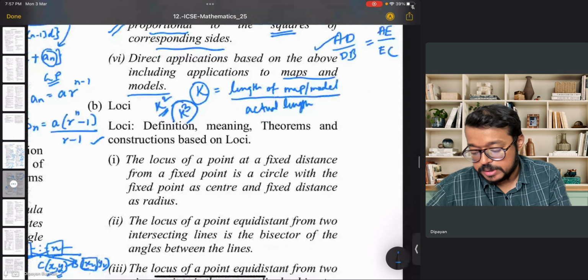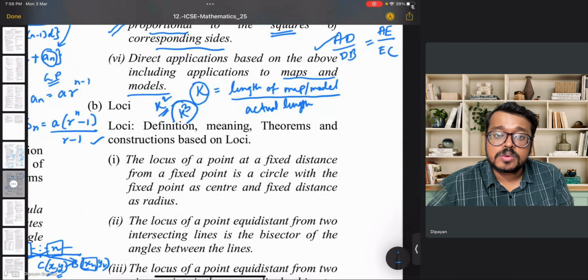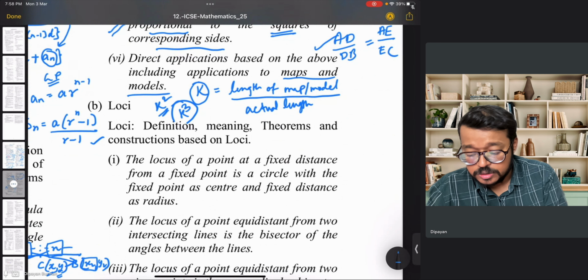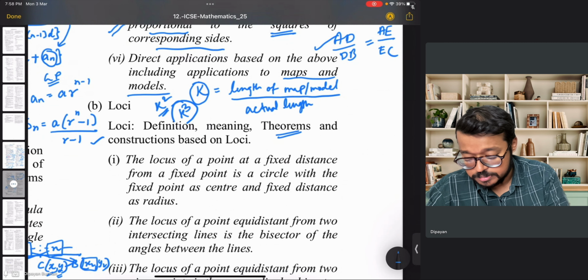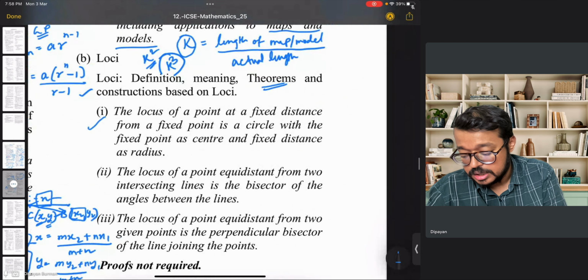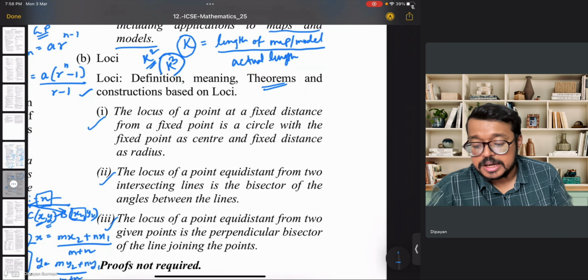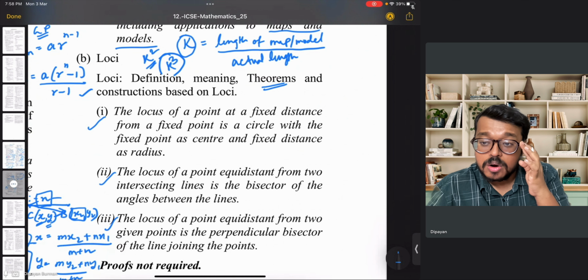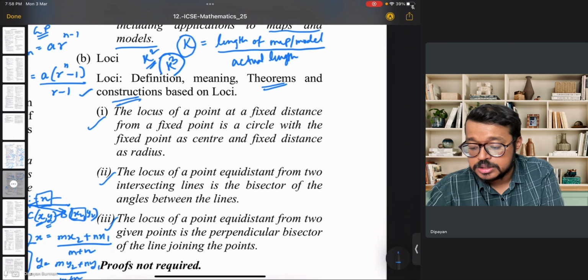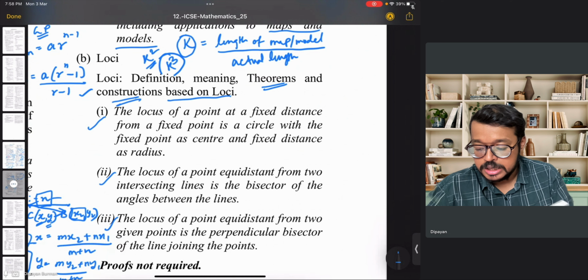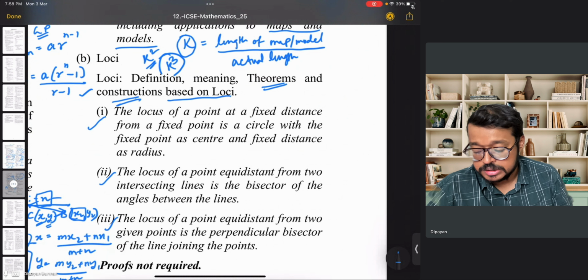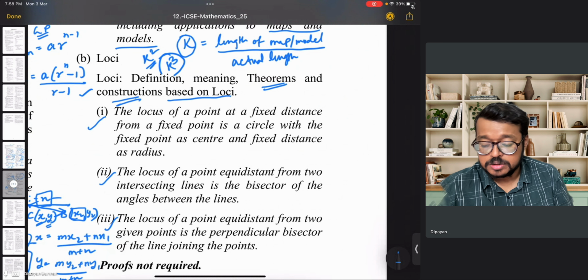Then we have a topic of loci. So you should know the meaning of loci or locus. And then there are some theorems. There are exactly three theorems which are listed here. You just need to know the meaning of these three theorems. And you will have questions, let's say MCQs, testing this theory, or you can have a question on constructions based on loci. So you should understand what these three locus theorems are. I've made a video on that before. And also what you need to know is, based on these locus theorems,